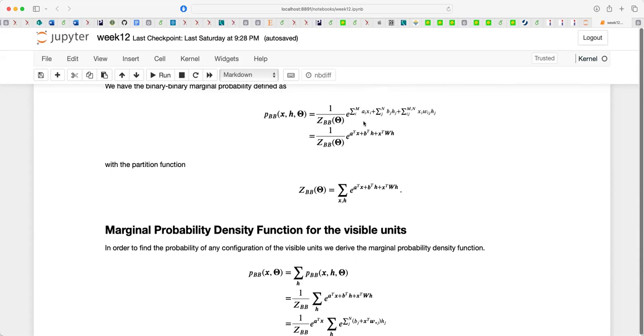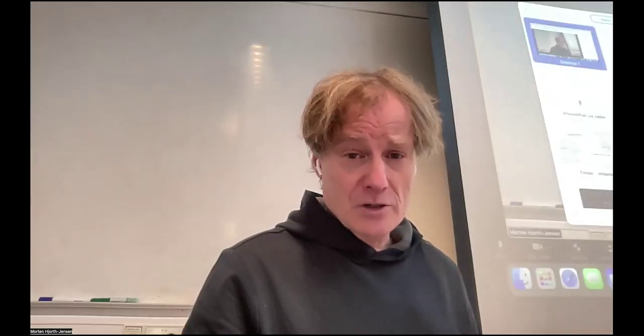This is now given by this function here, which we also discussed before the break. And this is the partition function. Now, keep in mind that the x's and the h's represent a given configuration. And as we mentioned before the break, just to quickly remind you of that, let's go back to the